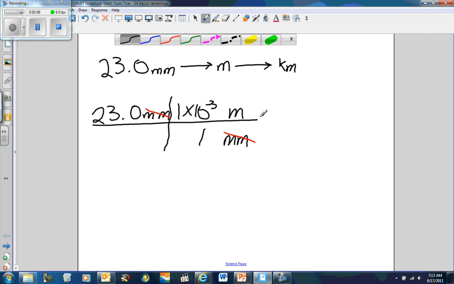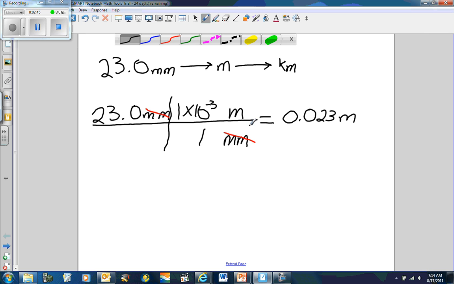All right. And if we put that in our calculator, we're going to put 23 times 1. There's a little EE button on your calculator, and it's right below sign. It's above the comma. You would push the second gold button, comma, which is the EE, and then you put negative 3. That would mean 1 times 10 to the negative 3. Do that in your calculator, you're going to get 0.023